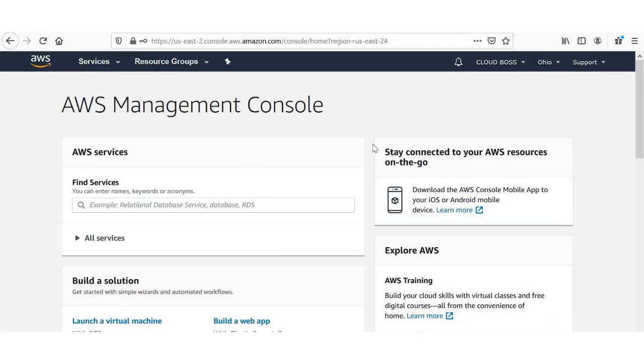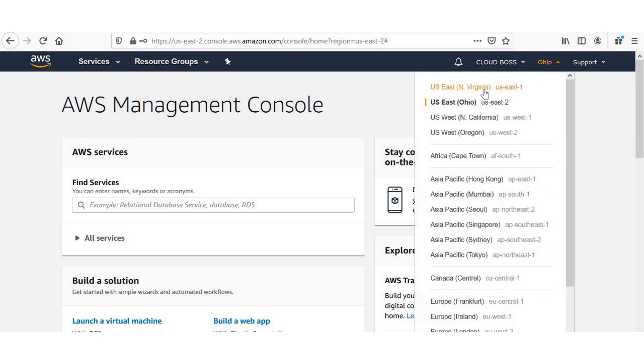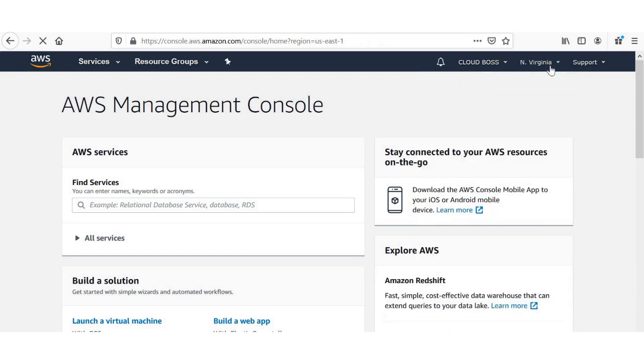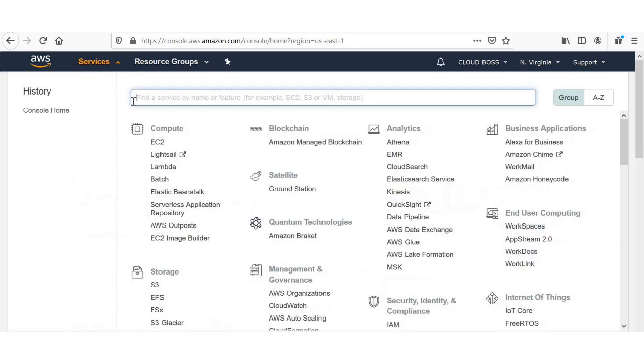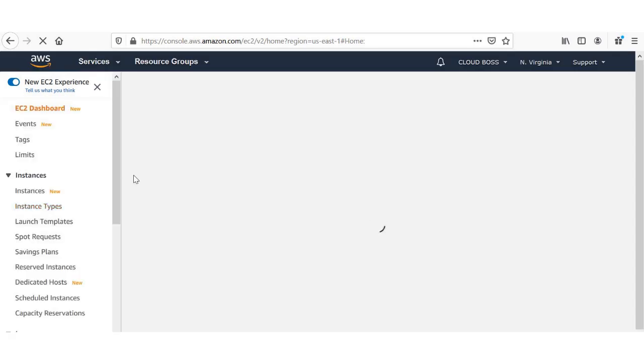Okay, this is our EC2 console. You can see this is our account. You can see this is a region. Click here. We are going to proceed in the North Virginia region, US East 1. Come here, go for EC2. Thus we are going to create an EC2 instance. So just click here. It's getting loaded, just be patient.